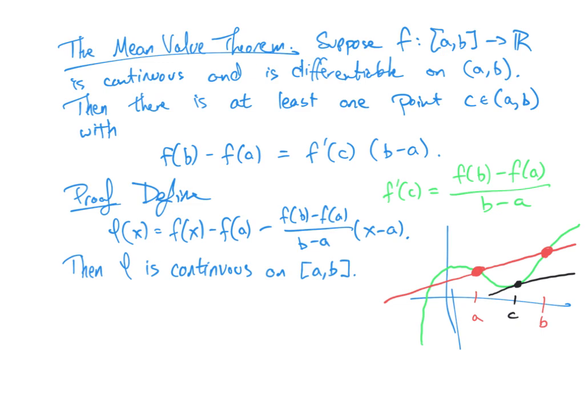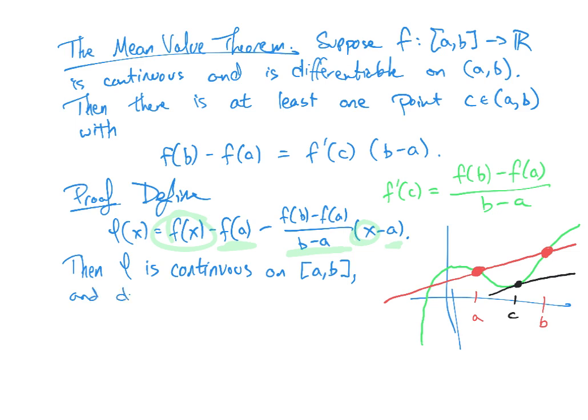So let's say f of x is continuous on the closed interval. f of a is just some constant. f of b minus f of a over b minus a, that's just some constants. x is continuous, and then a is just some constant. So it's clearly continuous on this closed interval,